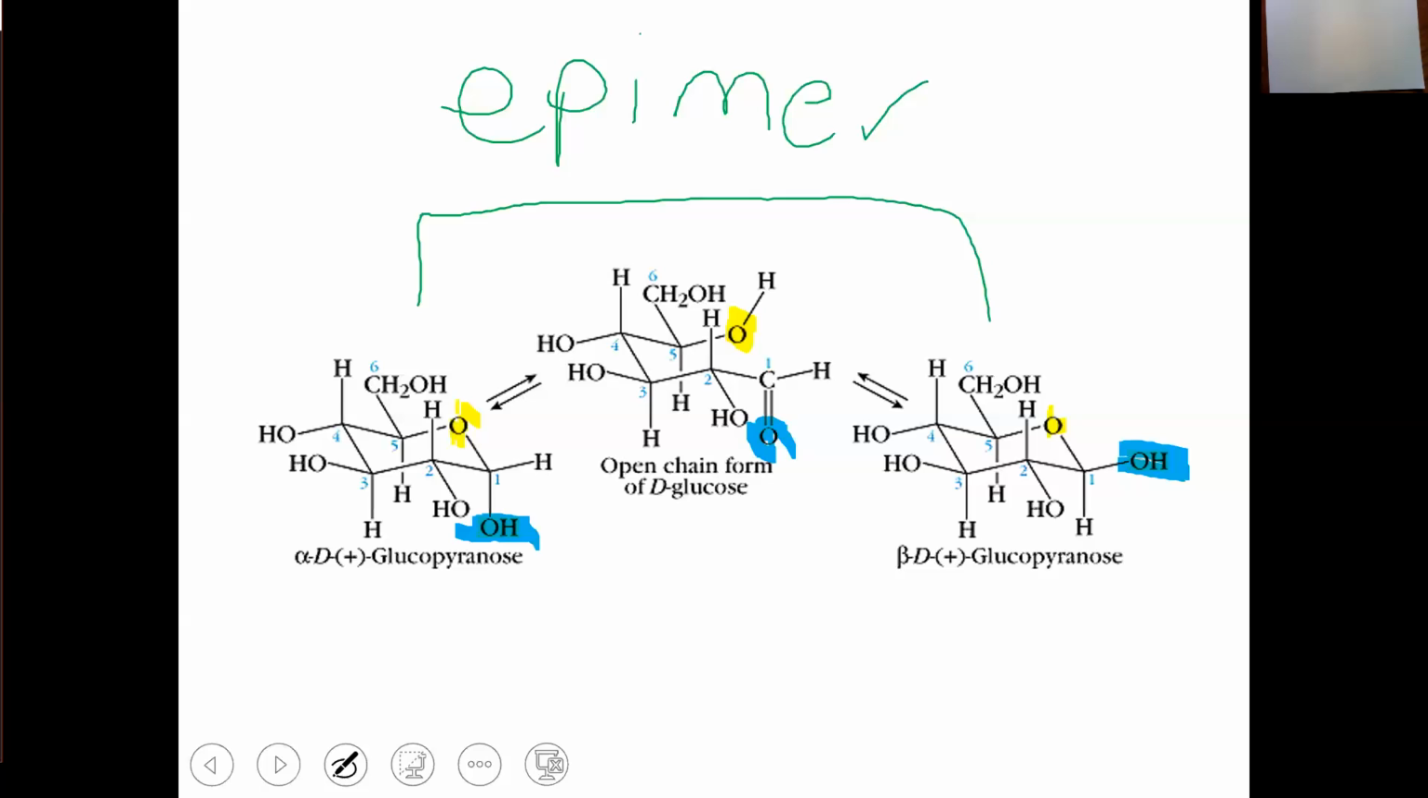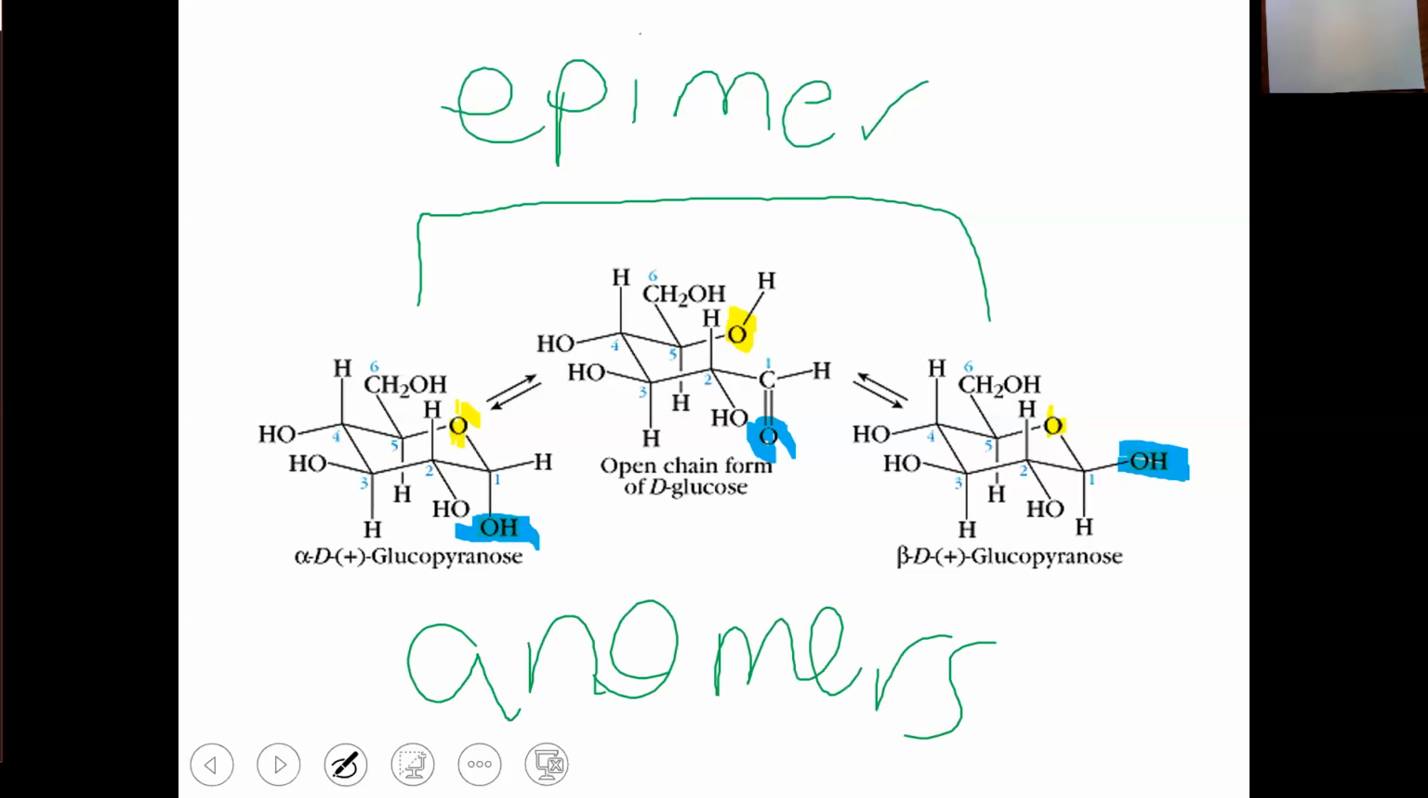But these, because they are carbohydrates specifically, are often referred to as anomers. What is an anomer? Anomers are a classification of epimers, but they differ only at the anomeric carbon. You guessed it. This is the anomeric carbon. The anomeric carbon is officially known as the